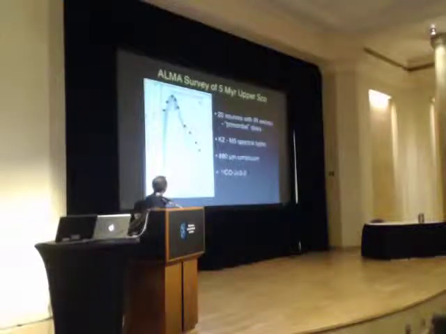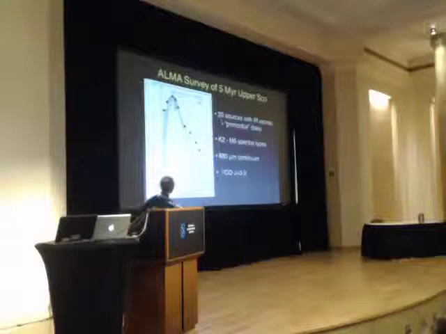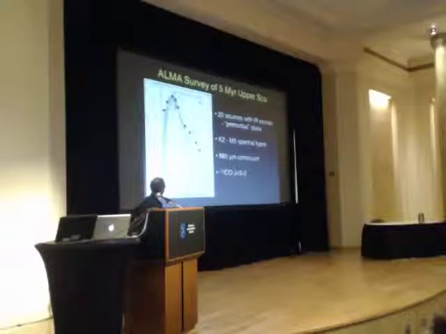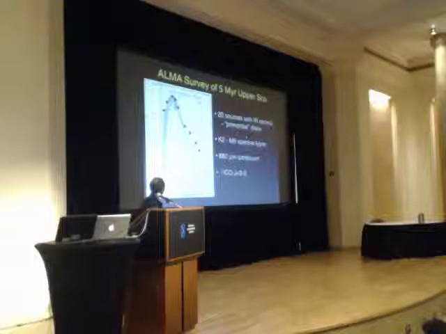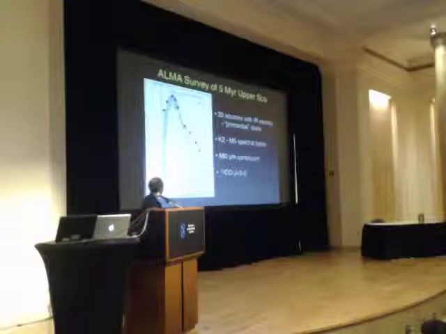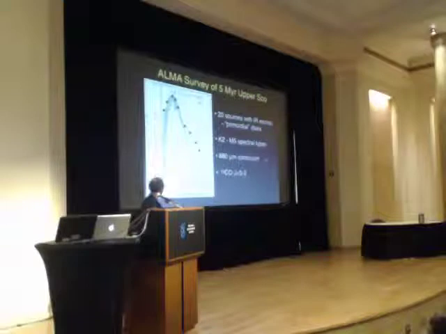And so the ALMA program was to observe, we proposed to observe 24 sources. We actually got data for 20 sources in the end. The 20 sources that we observed were all known a priori to have infrared excess based on Spitzer observations. So these are known disks, and we just wanted to determine what the disk mass is as traced by the submillimeter observations. The spectral types for these sources are K2 to M5, and we observed in the 880 micron continuum and 12CO 3-2. I'm primarily going to only talk about the dust continuum observations. We're still analyzing the CO observations.